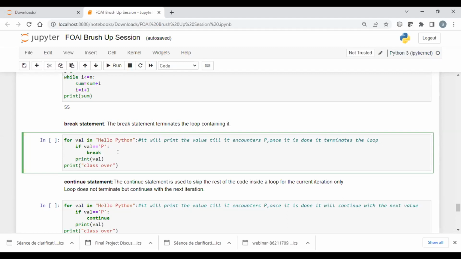As soon as the value becomes p, it will come out of the loop. Okay, let me run it.